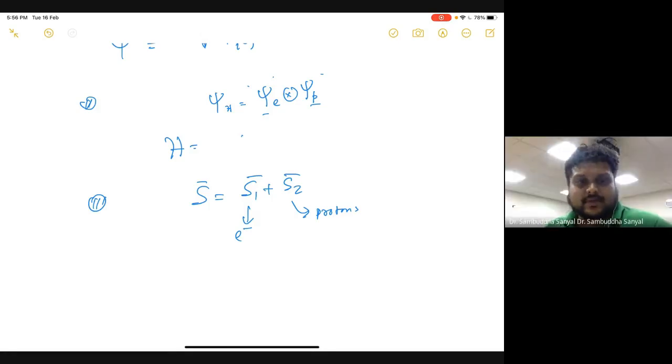So the hydrogen atom can be 0 or 1, like the singlet or triplet. The total spin is 0, which means the hydrogen atom has to be bosonic. So that is true. There is no doubt about that. But the question is different now.